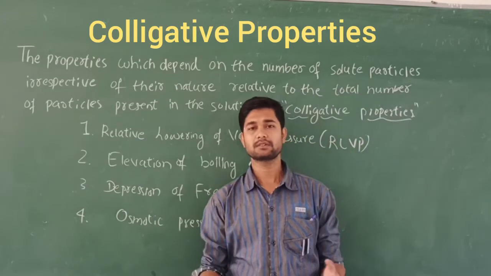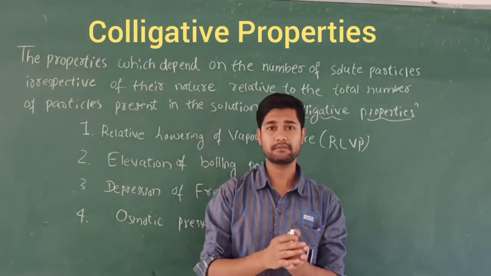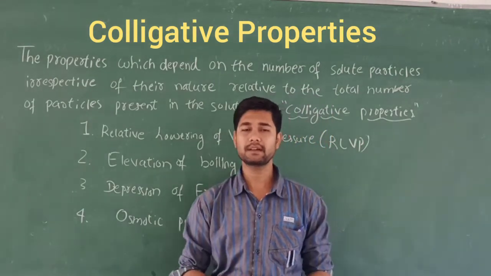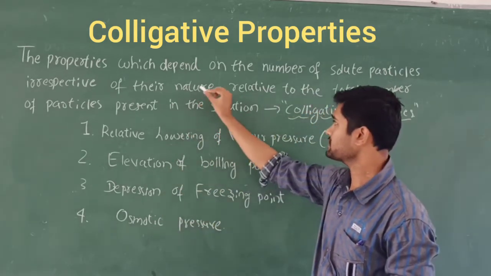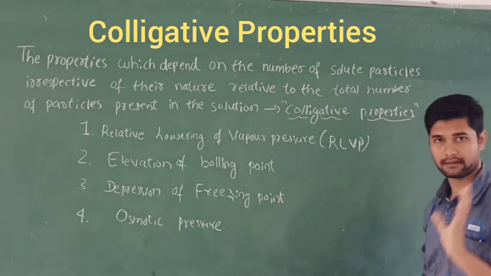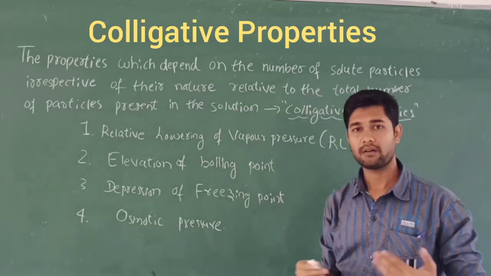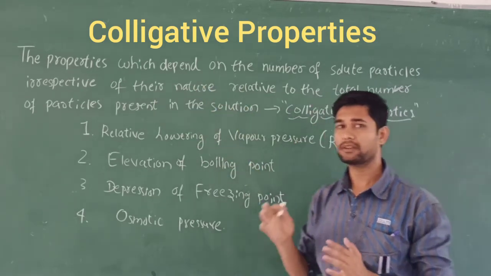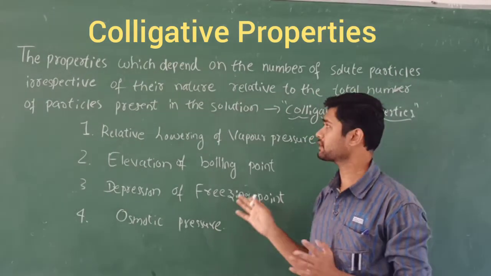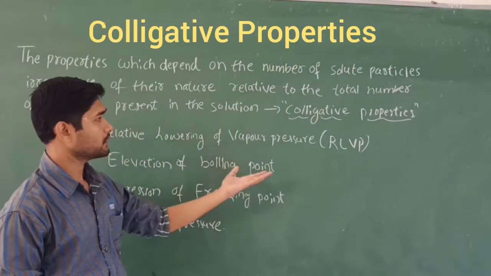It means that the solution is going to be formed by the mixture of the solute particles and some solvent, right? So the properties depend mainly on how many solute particles there are, irrespective of their nature. In any form it will be there, but only the number of solute particles is the requirement, irrespective of their nature and anything. So those types of properties we are going to define as the colligative properties.